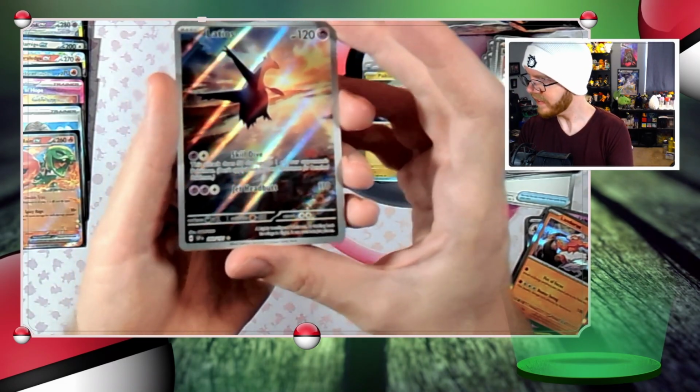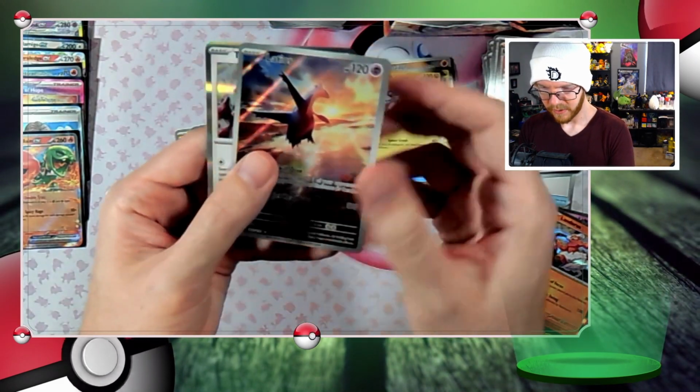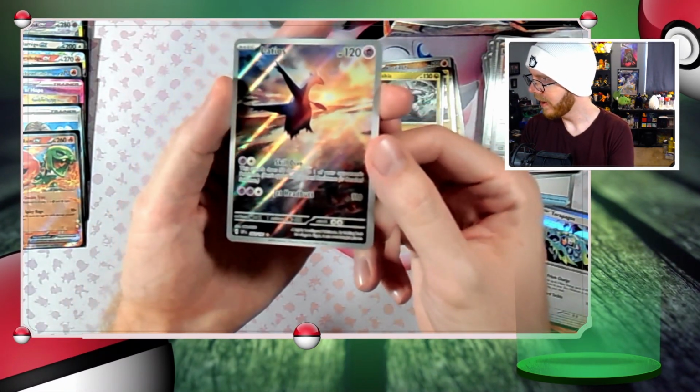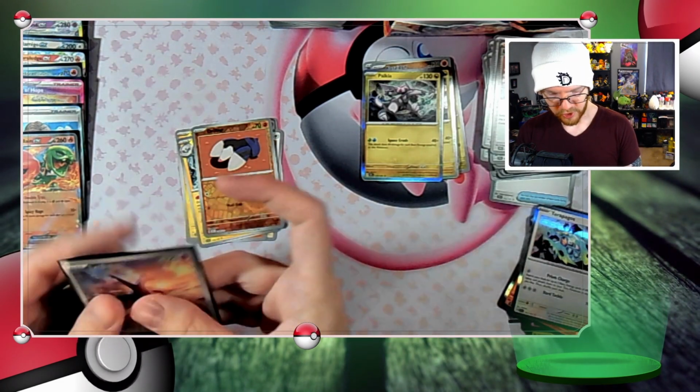Whoa, nice! Very nice. We have Bahak here. Oh, right. That's okay. Wow. That's gorgeous. Let's see if we can get Latias as well. This is one of the chase